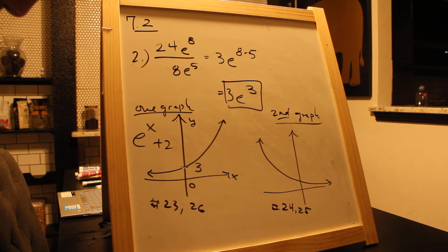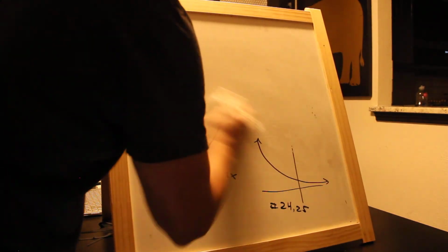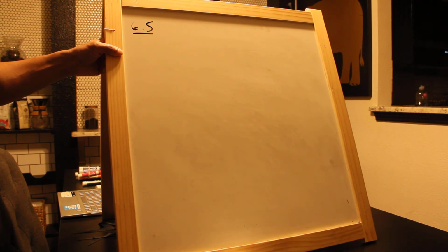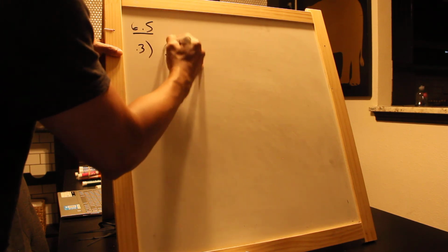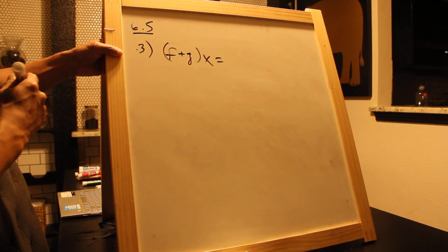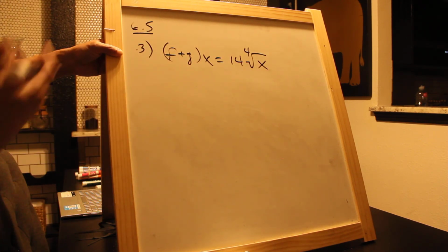Let's see here. Oh yes. Going back to 6.5, I had mentioned something about what is the domain. So the domain of the function, I gave you a hint that says it either starts at 0 or goes from negative infinity and it's going to end up at positive infinity, okay? So no matter what, the domain, going back to 6.5, and if we go back to number 3 again, and we did f plus g of x, let's use that function, we got 14 fourth root of x, okay? That was our addition of